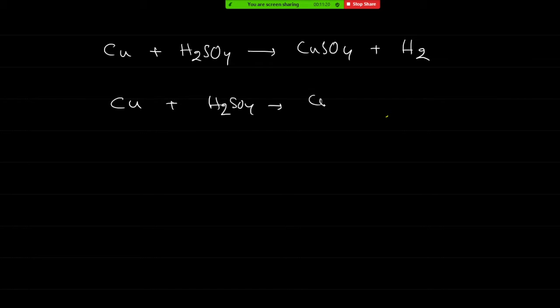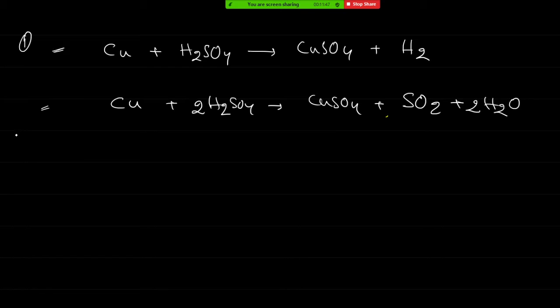Okay, so what real reaction we are getting is copper reacting with sulfuric acid to release sulfur dioxide and form water. So experimentally this is what actually takes place. Even if you balance this equation, it does not mean that this is the real equation. So that is a limitation of this kind of reaction. This one can be balanced. Okay, this is one limitation.